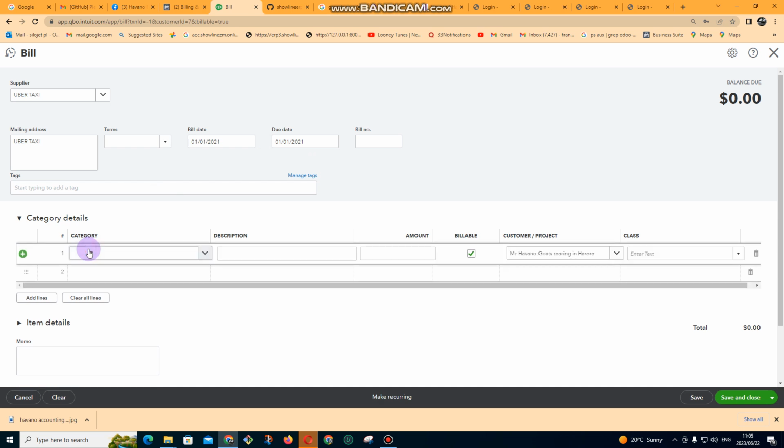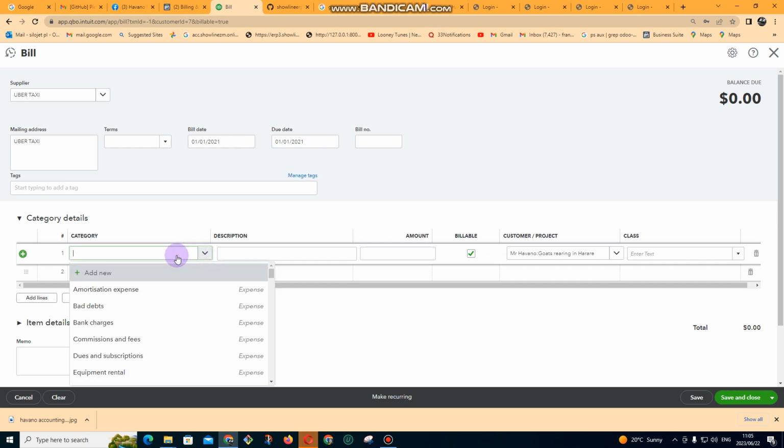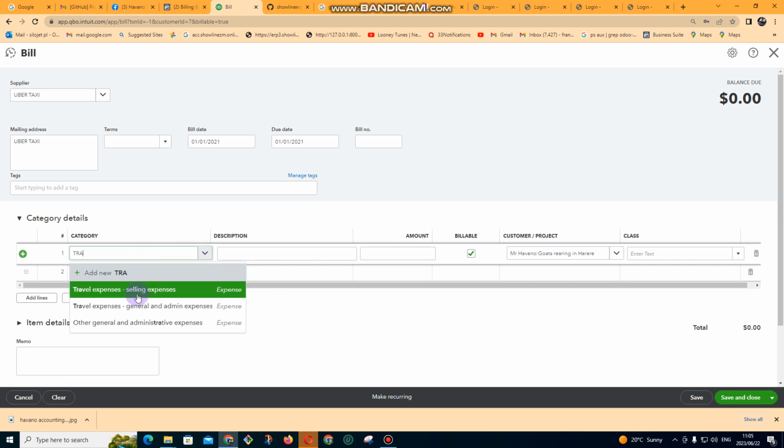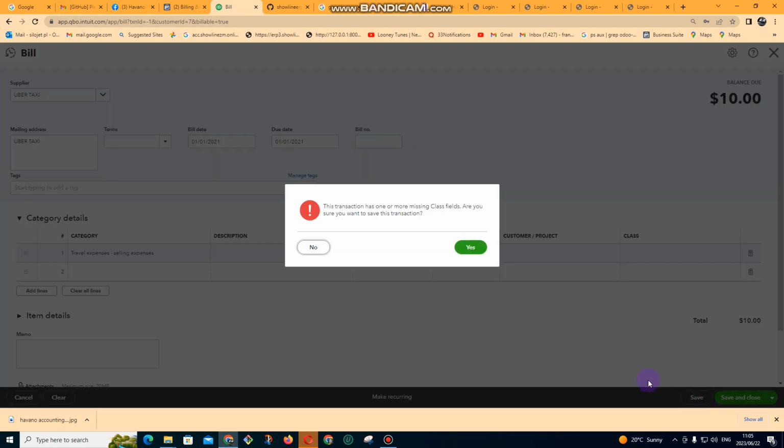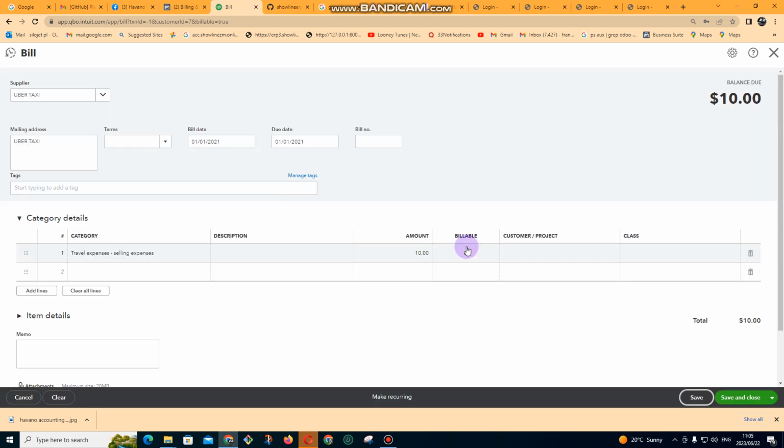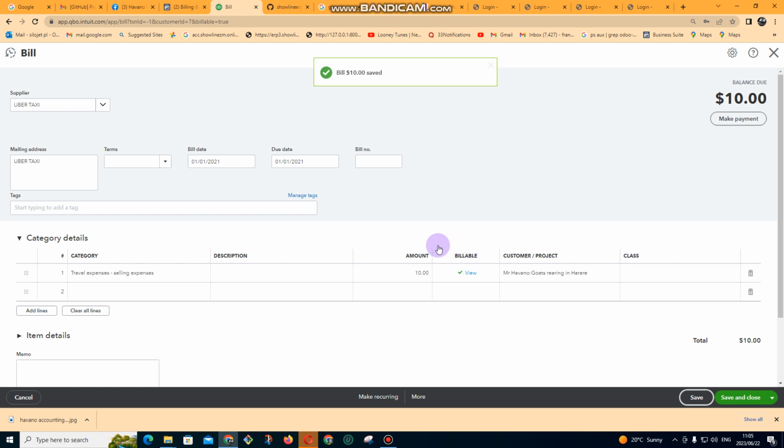And then category, we are going to select the product that you want to bill. I'm going to select transport. Yeah, transport is already there. So transport, and then we have been billed $10, and then project here, make sure that it's showing here, and then after that you can click on save. This one, just click save, right? So if you want to do payments, you can click on make payment